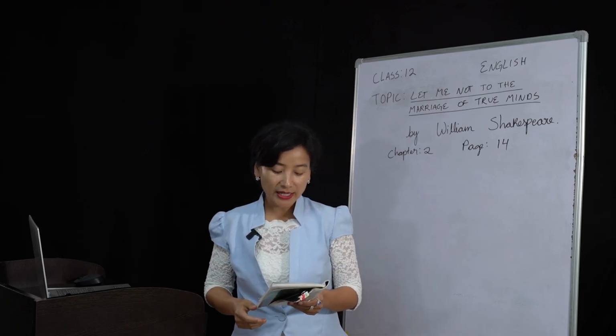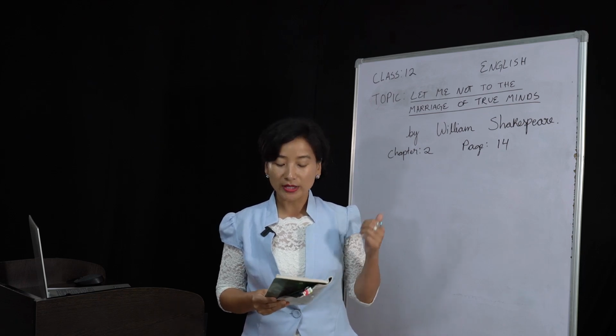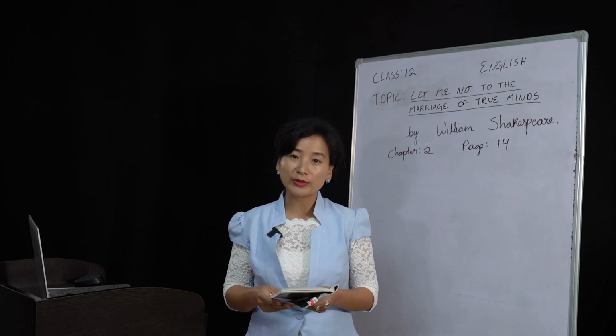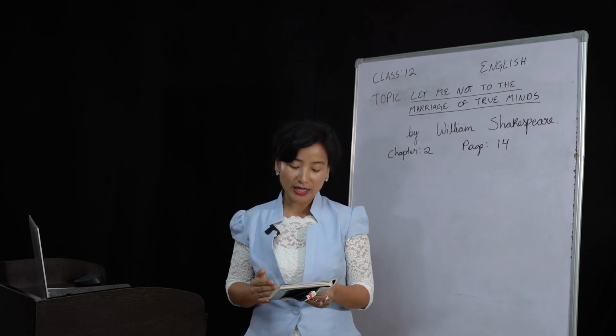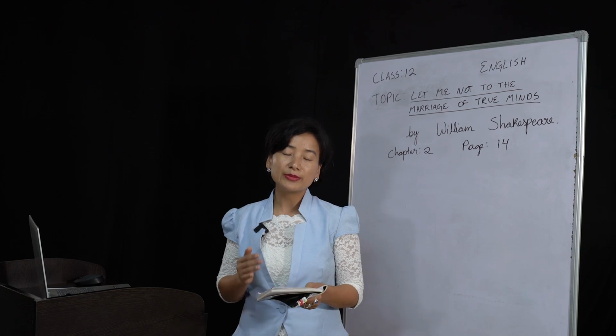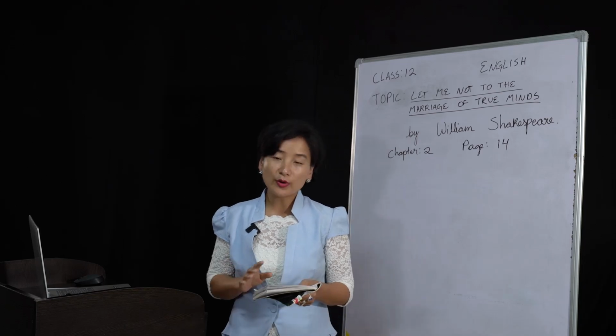The first stanza says, "Let me not to the marriage of true minds." This line is already in the topic, so I have already explained, which I will not be explaining again. Here, it continues to the next line and says, "admit impediments. Love is not love." Impediments, we've learned, is an obstacle or an obstruction or struggle. So the idea of love that the poet is trying to convey here is that of a perfect love, which does not falter, it does not hesitate when it comes across or meets struggles.